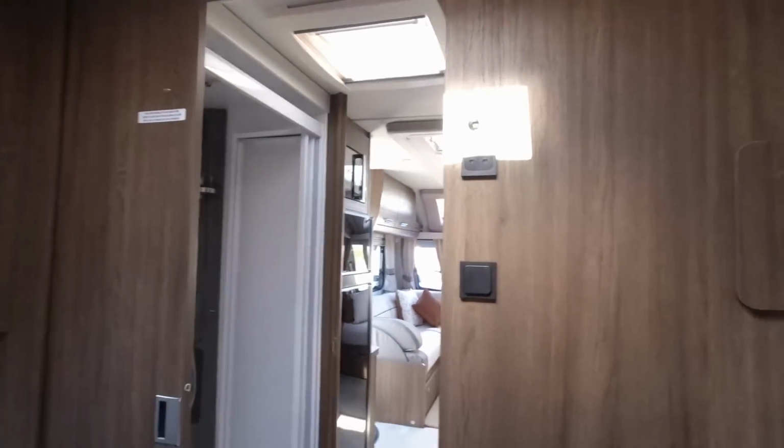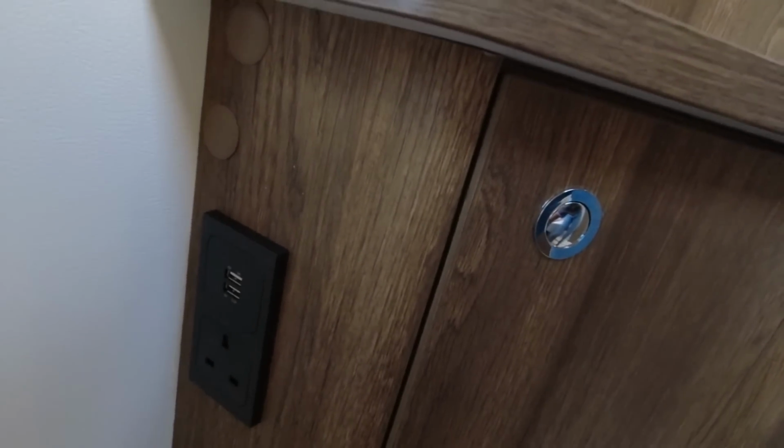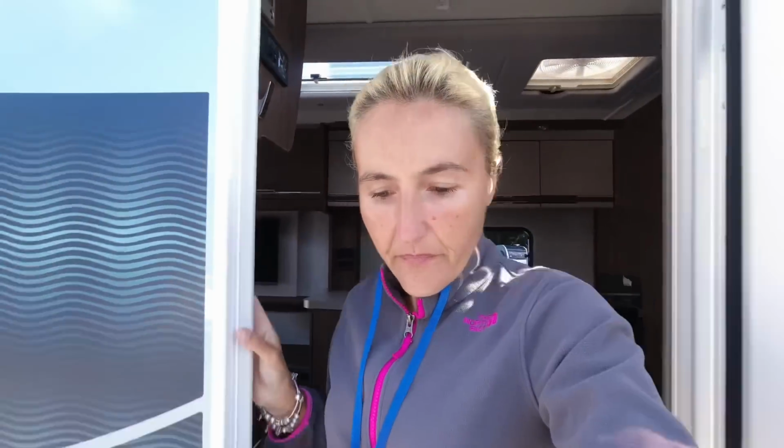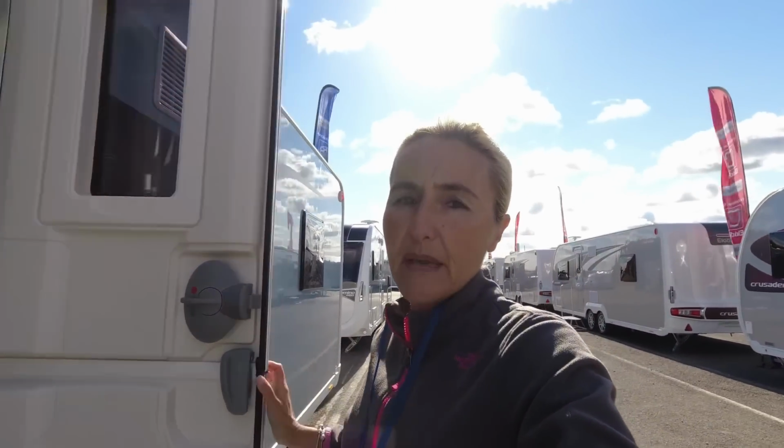I'll have a look at these lights. Yeah, again, so I'm not seeing any USB under there, unless they might be situated somewhere else. In fact, before I spin you around, there's a little USB socket there on that wall. It is important as a USB. I use them quite a lot. Don't get me wrong, you can plug a lead in, but you know, they're just something that I use. So that was the layout on the Compass Camino